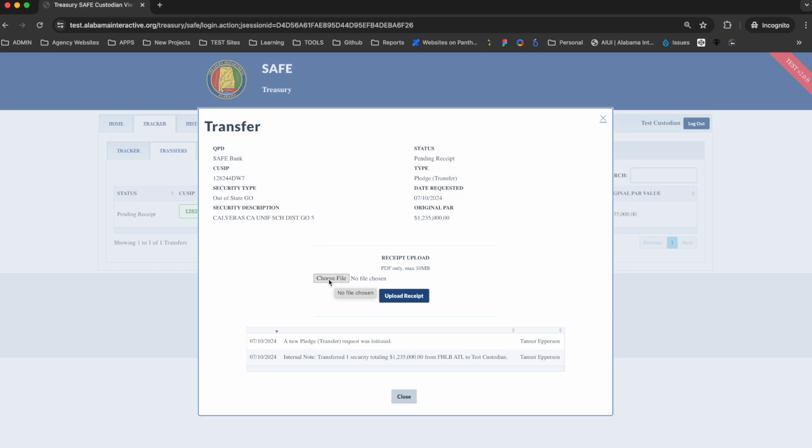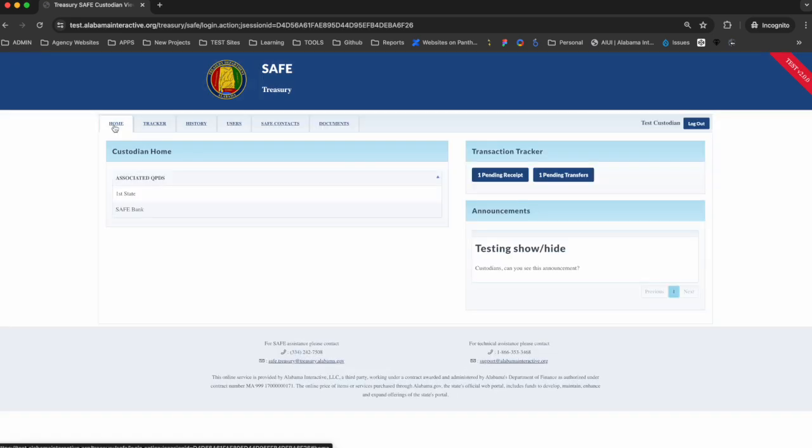It is important that the transfer is completed in 1 day so that the QPD is not underpledged. Safe may limit the number of securities to be transferred in 1 day to ensure that every transaction is completed same day. For the custodian that is transferring securities, an email is received listing all of the securities transferred when